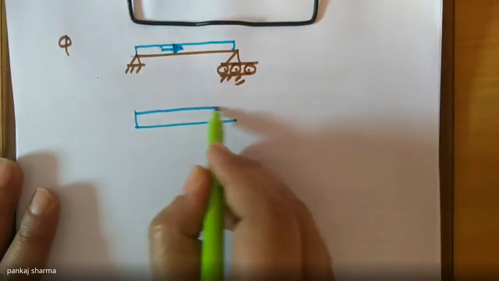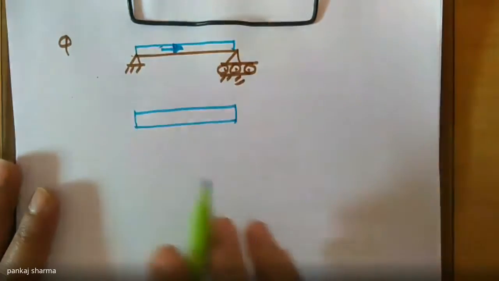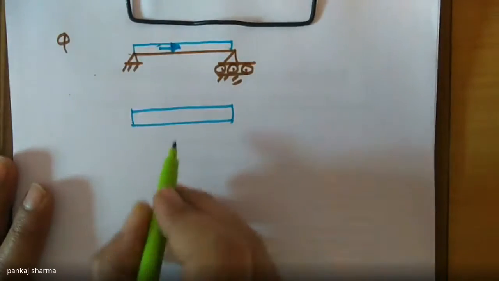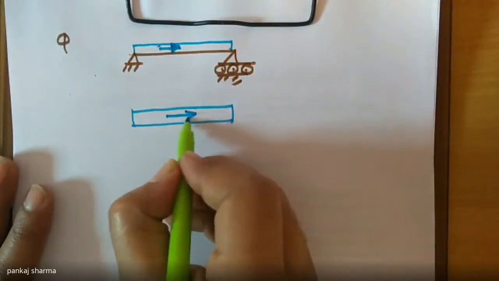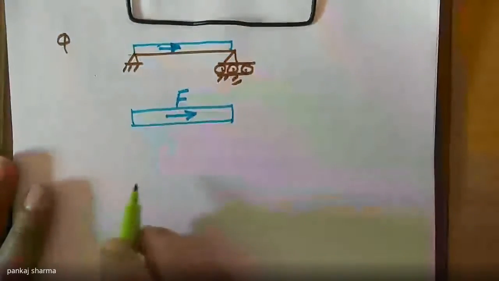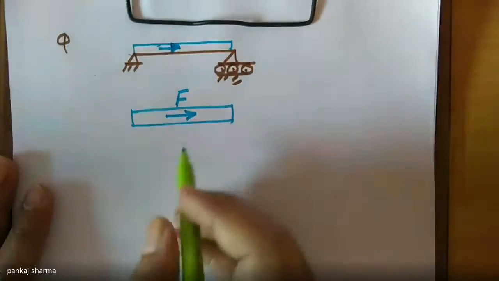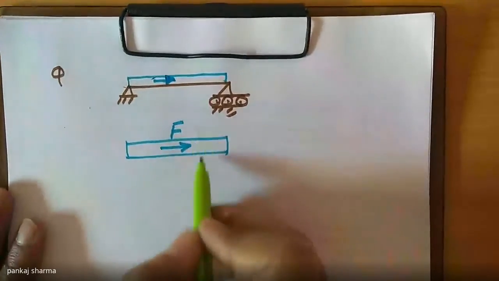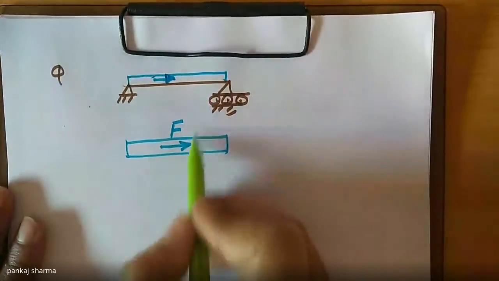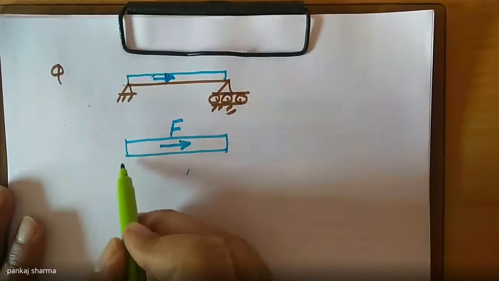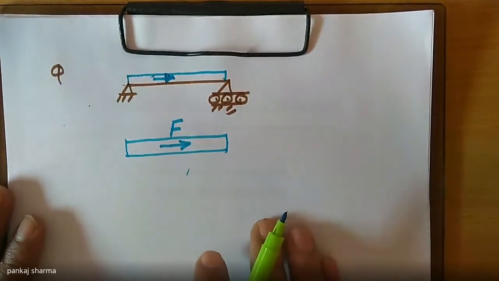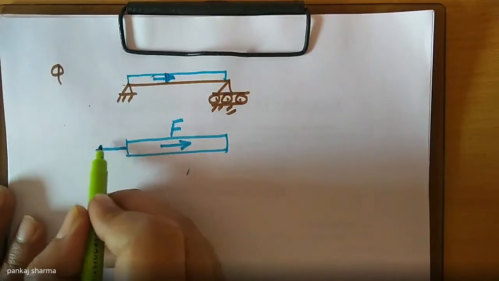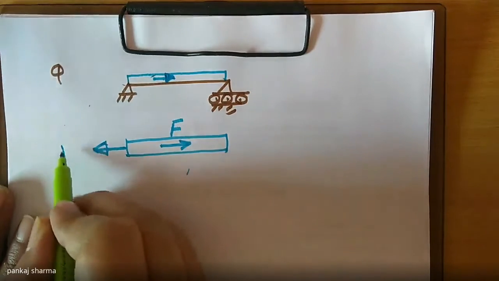We have to draw the free body diagram for this problem. So it is simply a beam. The weight of the beam is assumed to be 0. So the only external force is the axial force. As I am again saying, there is no vertical force, so the vertical reaction will be 0. The nature of a pin joint is to prevent the translational motion.